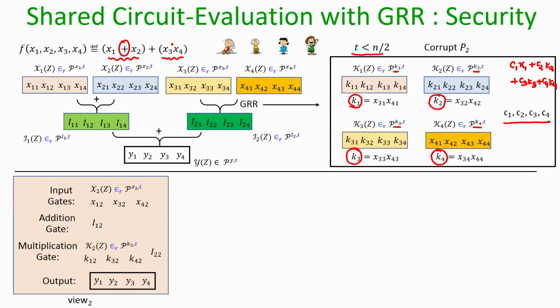Imagine that we have n equal to 4, and up to t parties could be corrupt, where t is less than n over 2. That means t could be at most 1. You can't have 2 corruptions here, because if 2 parties are corrupted, then the protocol will not provide privacy. We will formally prove later that that is a necessary condition, but for now you have to believe me. So, the number of faults we can tolerate here is 1.